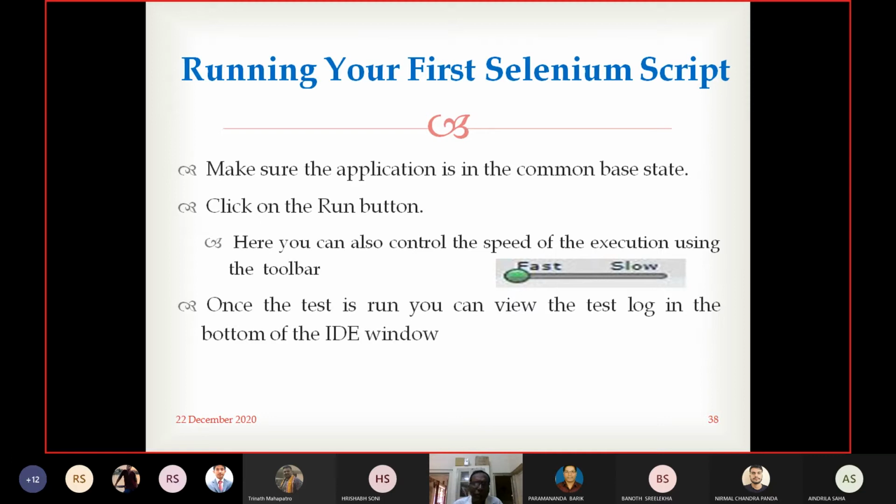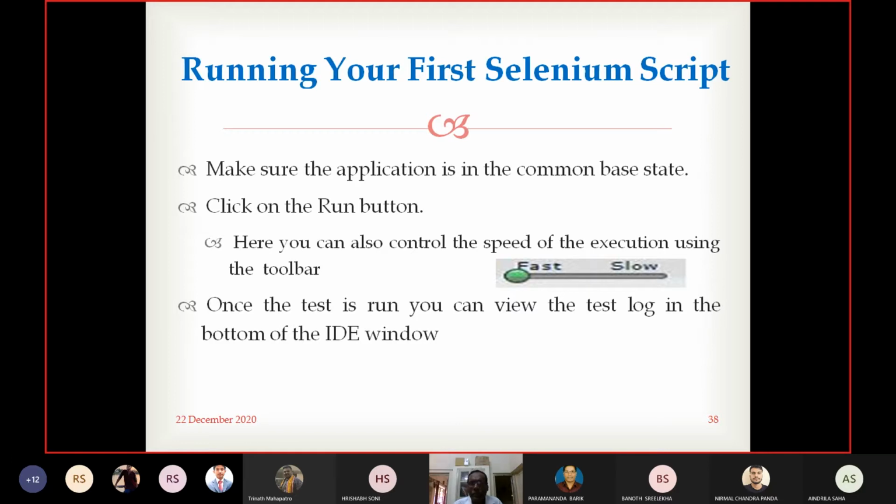So please ensure that the application is in the common base state. Those kinds of things, like payment or purchasing something on Flipkart, you cannot test. As long as you are on Flipkart, searching, selecting or adding to cart, those things you can easily test. But while you are moving to the payment option, the state is changing, from NIT Rourkela to the payment gateway or Flipkart to the payment gateway.